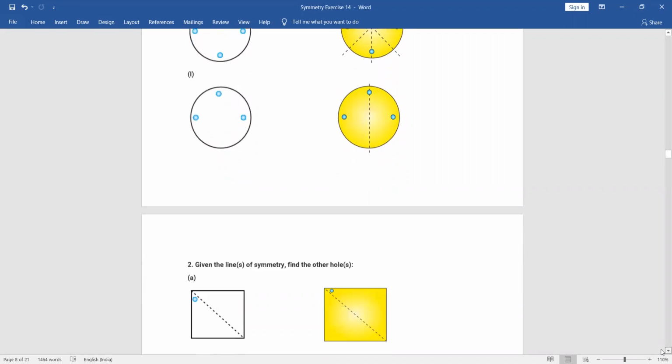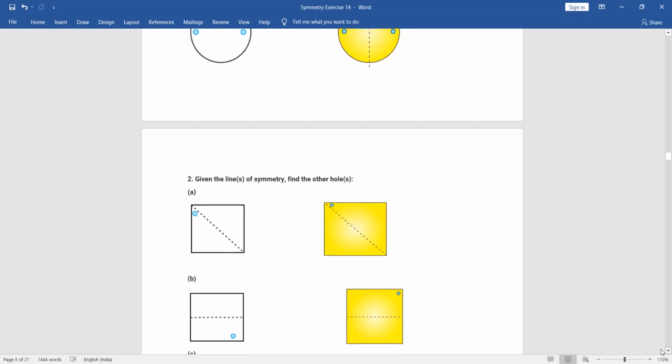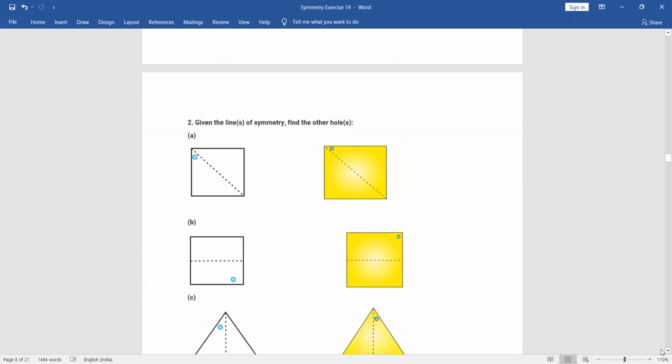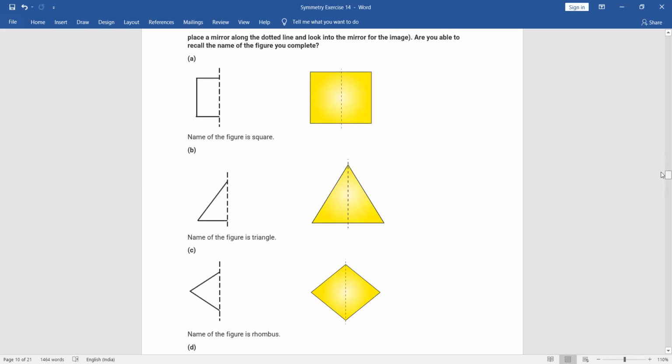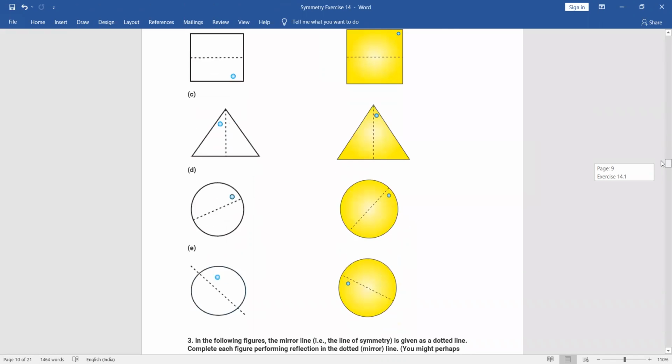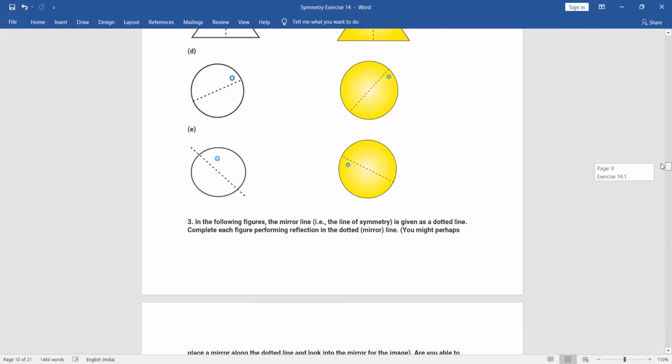Okay, now see what the next question is. In the next question, the line of symmetry is already given to us. What we need to do is find the other hole. So just complete it in the given diagram only. Just see, 1 hole is here, so draw another one, like the given answer. Hole is here, so you can draw the position. As per the figure, as per the axis of whatever line is given to you, you can draw the punched hole. Just see in all the 5 figures how we are drawing the punched hole.